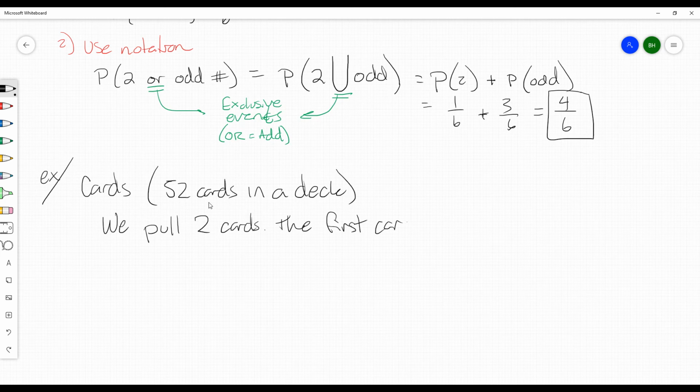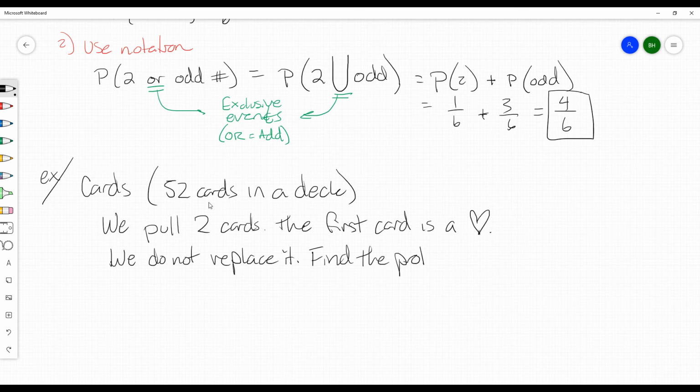The first card is a heart. We do not put it back in. We do not replace it. Find the probability the second card